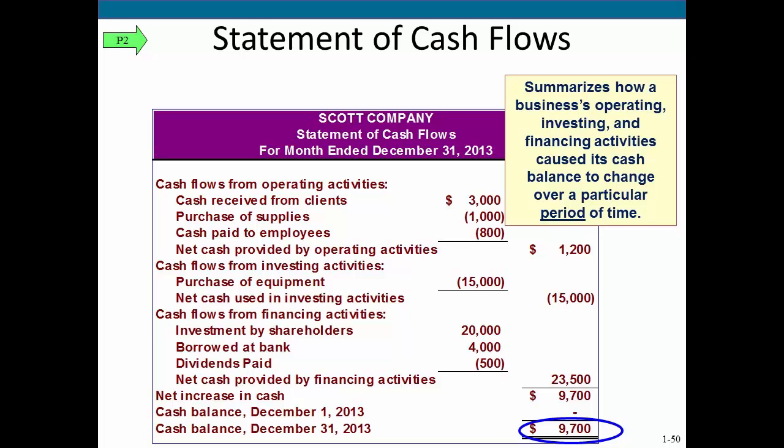For now, notice that the statement is divided into three major sections. First, cash flows from operating activities. Secondly, cash flows from investing activities. And finally, cash flows from financing activities. The statement is prepared after the balance sheet because it must be reconciled to the ending cash balance on the balance sheet, in this case,